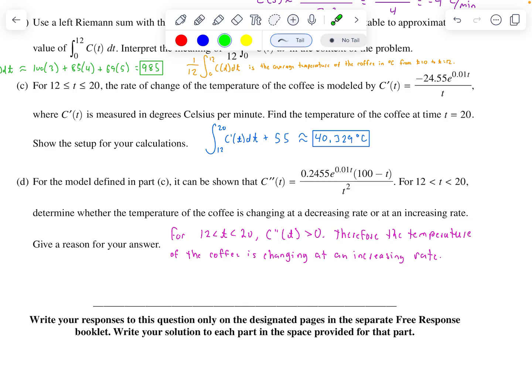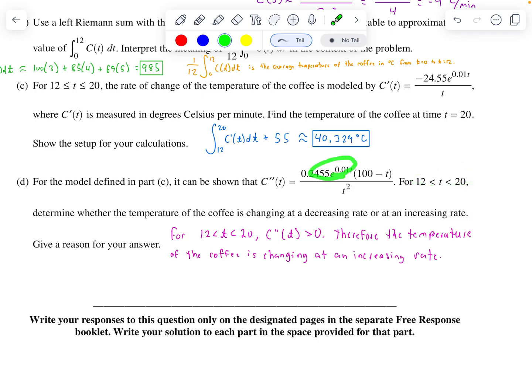So evaluate the value of the second derivative. A lot of times on a question, it'll just be at a single point. And so you just find the value of C prime at a single point. But here it wants to know for this entire interval. Usually for an entire interval, it can't be answered because you would have to test all the infinitely many points between 12 and 20. But we can tell that C double prime is always positive for these t values because